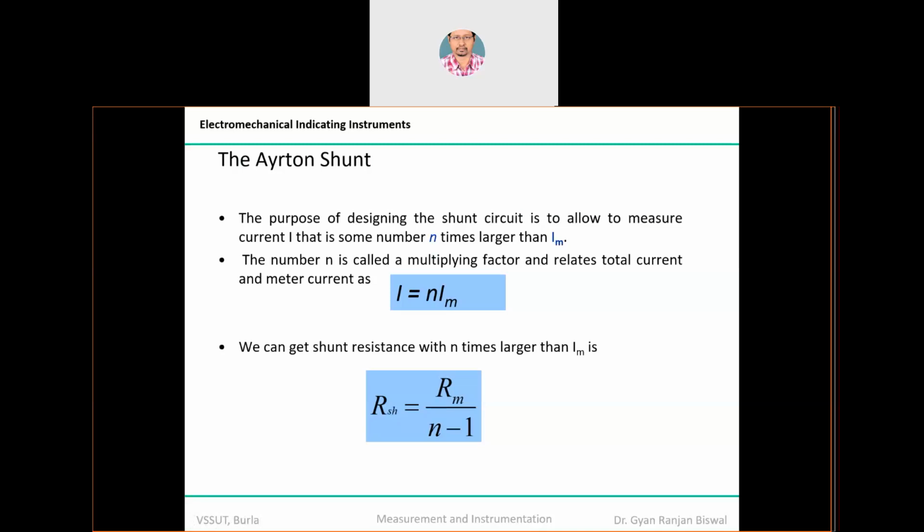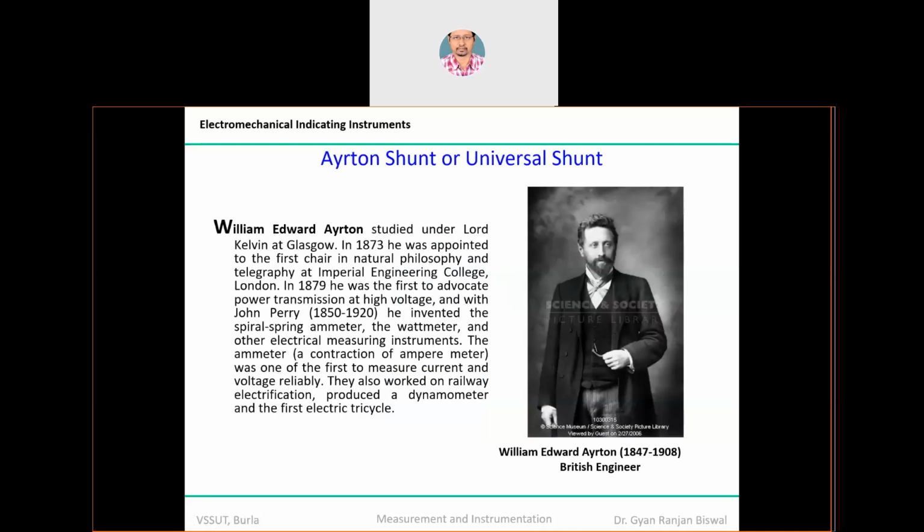how can we feed those inputs, or how can we increase the range of these inputs, that is the question. For that, way back, Ayrton suggested a shunt approach. That means by applying shunt resistances, you can increase the range of measurement of the PMMC without compromising the quality or accuracy of the measurement. That's why this is also more popularly known as the universal shunt. That is the reason it gives very reliable measurement of currents and voltages.